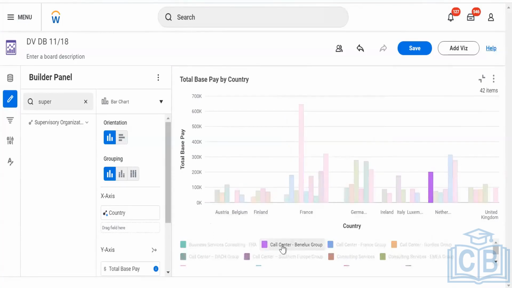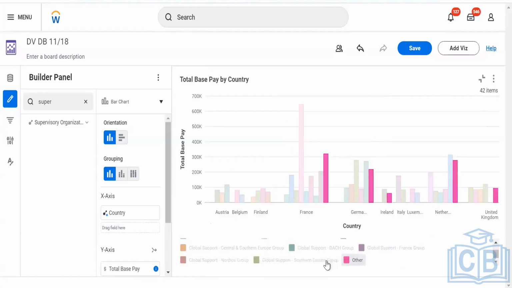Let's say if I want to only see the call center, that particular bar will get highlighted, and the "Other" category is present in everyone, so that will be highlighted over there. Why is it the other one? Others are basically here. The limitations are